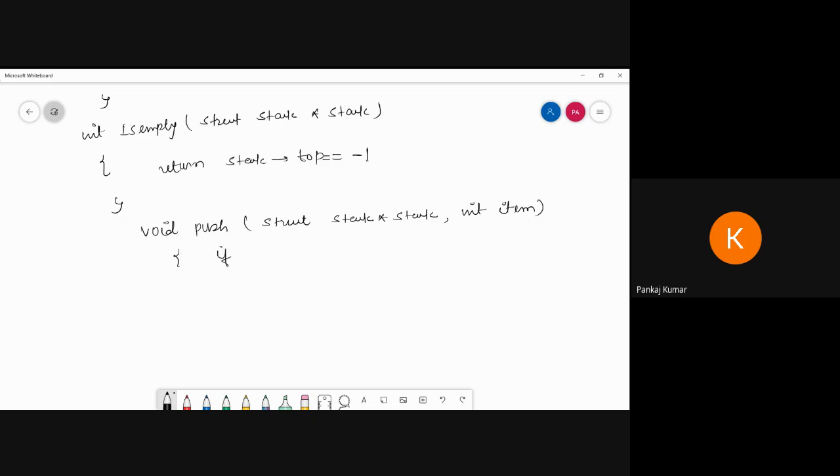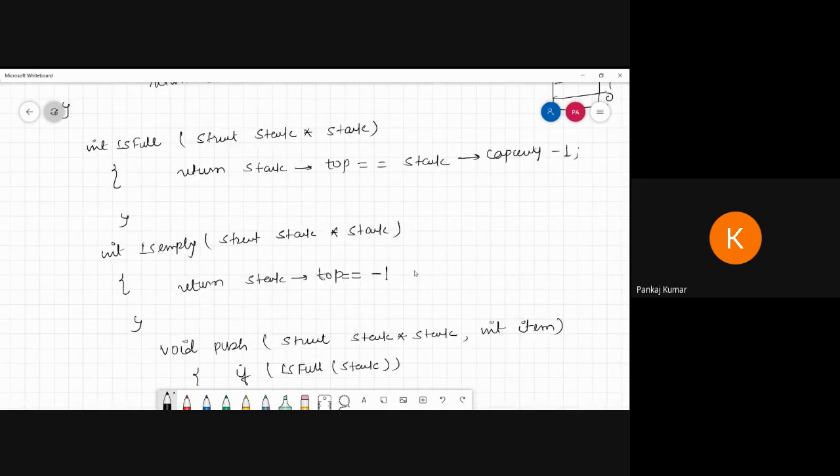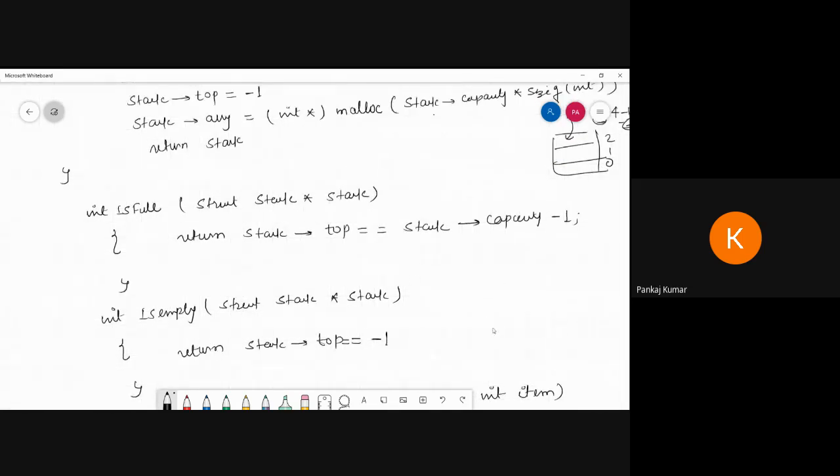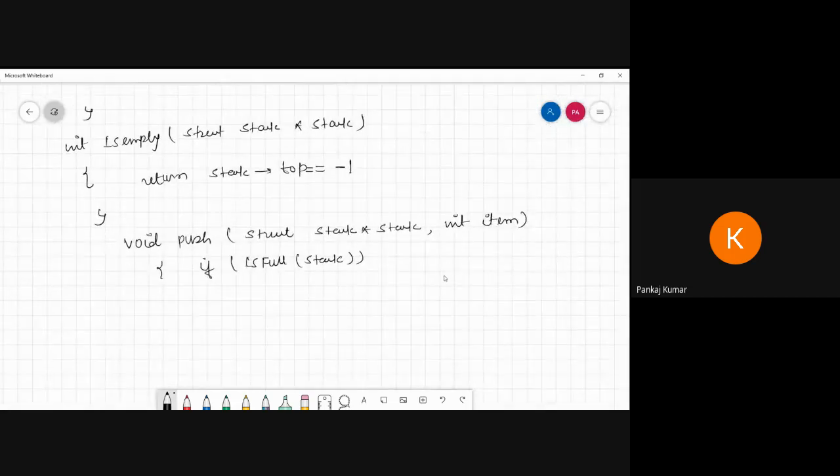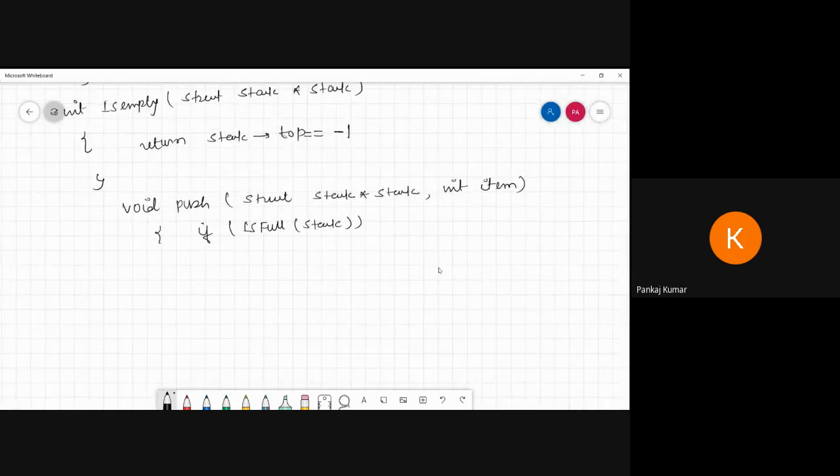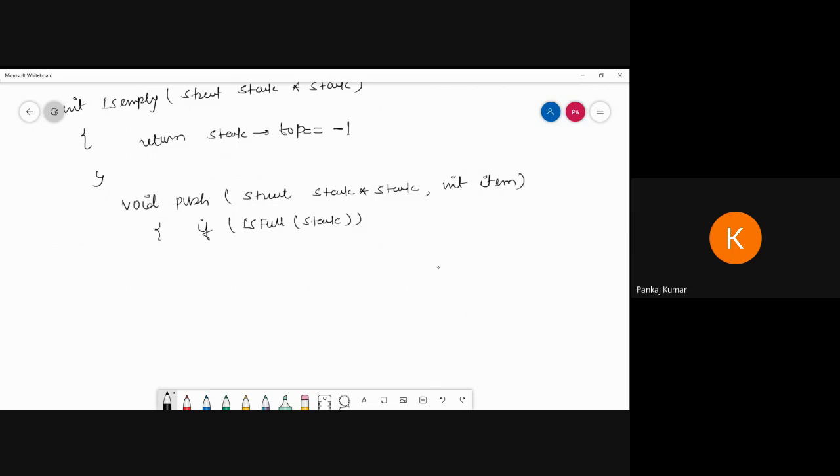Then we have to check if the stack is full. Before we push, we have to check for a full stack, and it will check the condition top equals capacity minus 1. If it is full, then nothing can be written, so it returns.